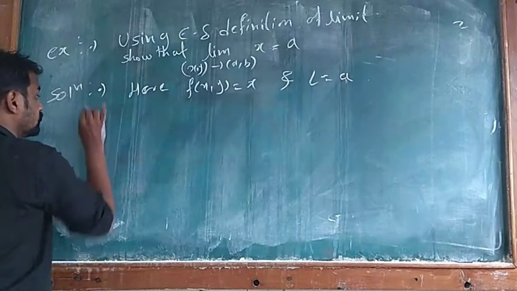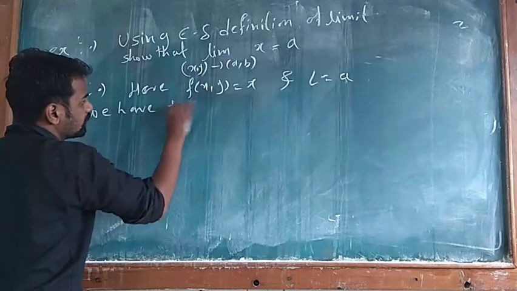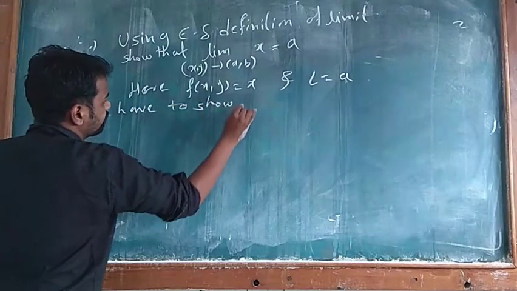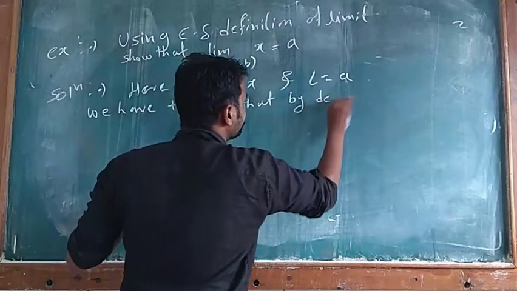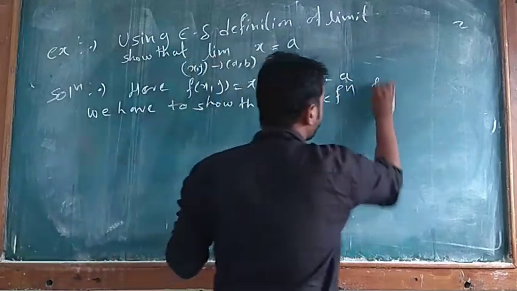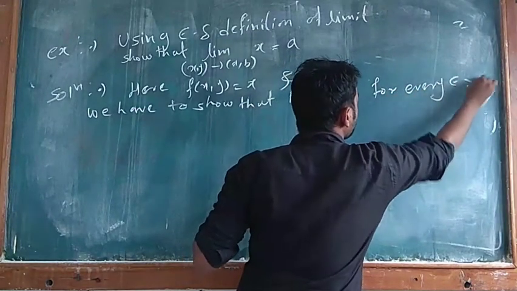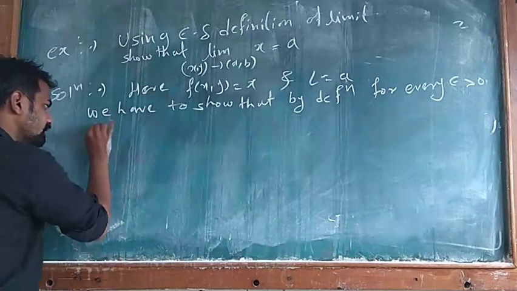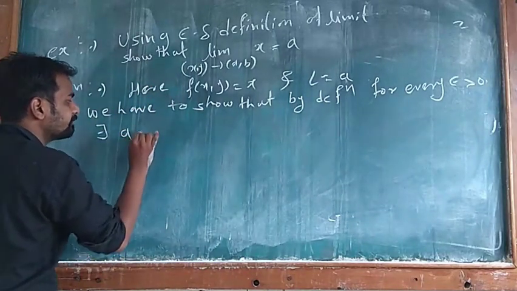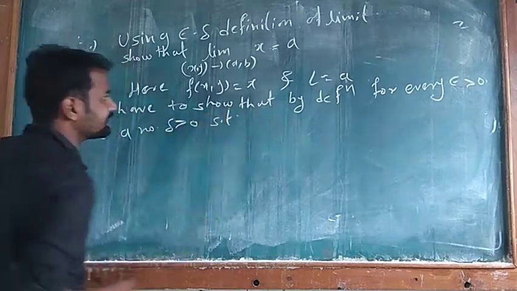Now we have to show that by definition, for every epsilon greater than 0, there exists a number delta greater than 0 such that